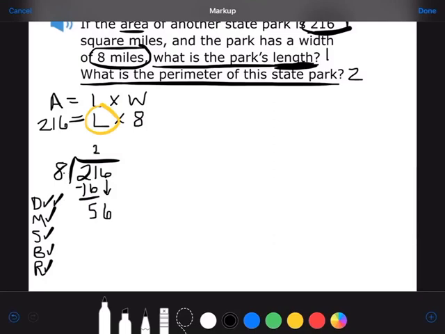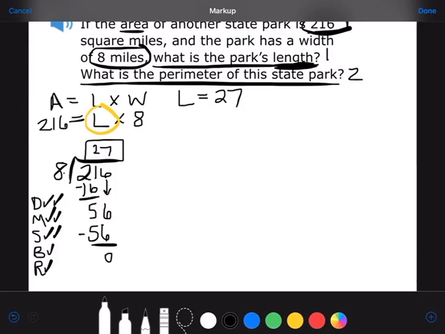Does 8 go into 56? Yes, 8 does go into 56. It goes in 7 times. Then I multiply. 7 times 8 is exactly 56. Then I subtract. I get 0. There's nothing to bring down. There's nothing left to do. So 0 is my remainder. 27 is my answer. That means that the answer to the first question, the length, is equal to